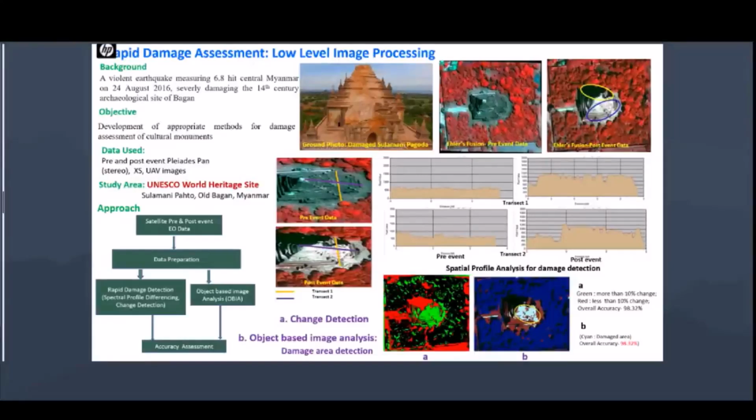So what we have done is we tried to develop methods for damage assessment, and we utilized pre and post data. Also, after the disaster happened, a UAV flight was taken up in the damaged area to assess the damage. So we had that UAV data also, drone data, and we tried to process and develop methodology on that data also. Later on, I will be discussing the UAV data, but at this moment, what I would like to show you is that